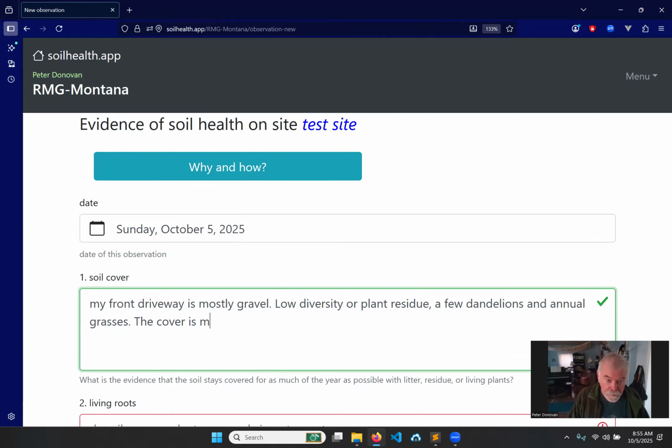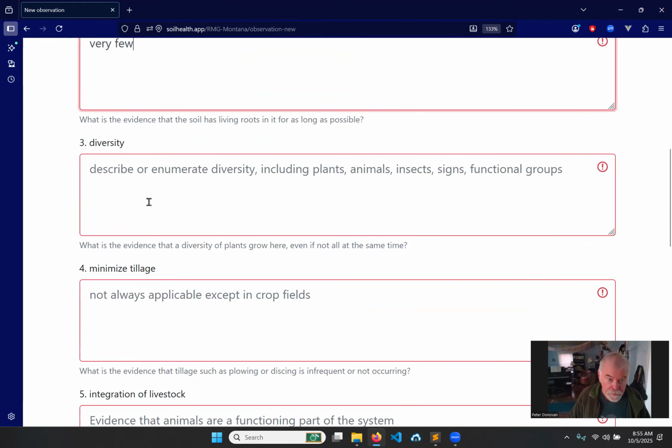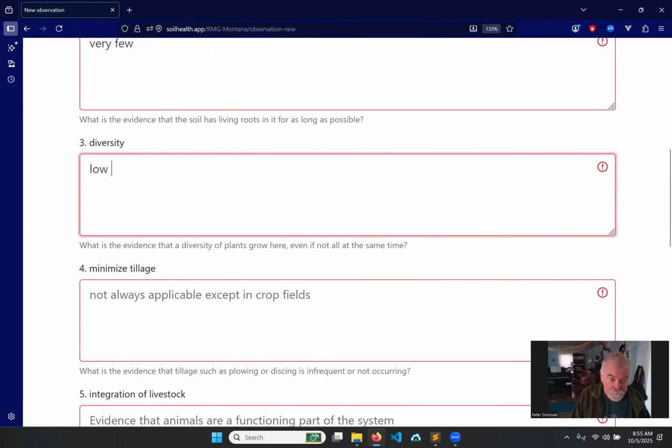Cover is mainly gravel. Living roots, very few because the green plants are not extensive. Low diversity,